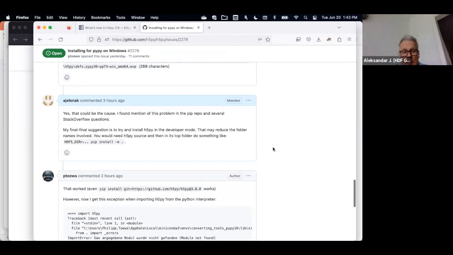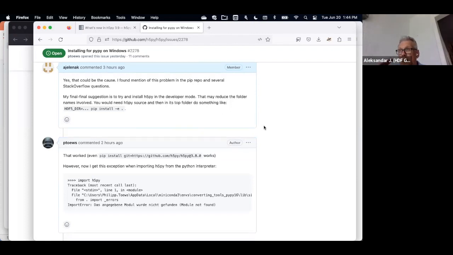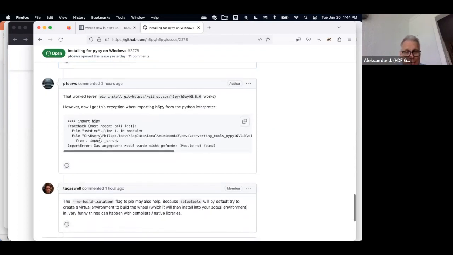The only thing that apparently worked is that I suggested that this person builds h5py in developer mode, which is not really installation in the system place of Python packages. It's like you're building from source in the folder where everything else is, but the build process avoids constructing all these random folder names. And he reported success there, but then he reported problems importing h5py immediately. So we'll see how that works.